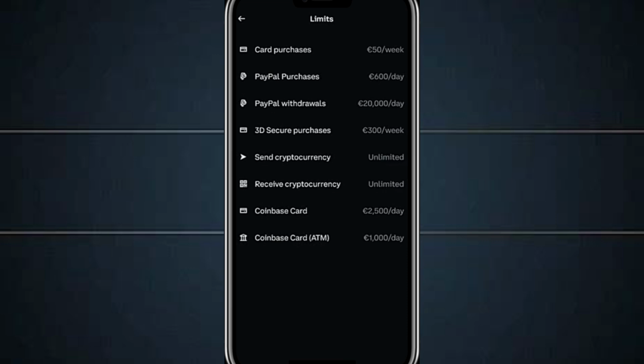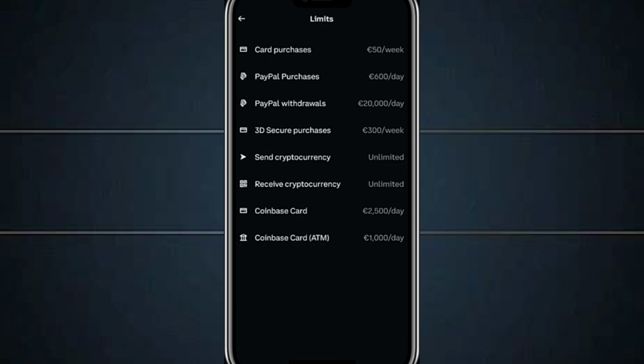After that, your limits will continue to increase over time based on your purchase and trading history, how often you use your account, your overall account activity. Just keep in mind, increases aren't instant. They may take a couple of weeks to apply. The more consistently you trade or purchase crypto, the more your limits will grow.